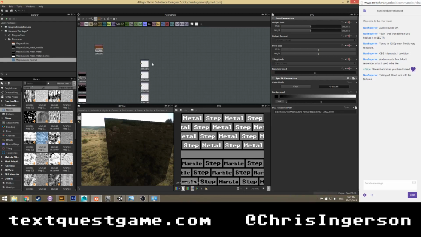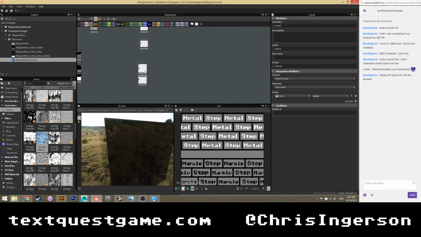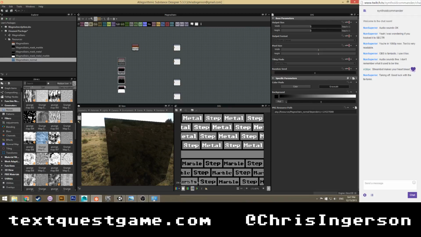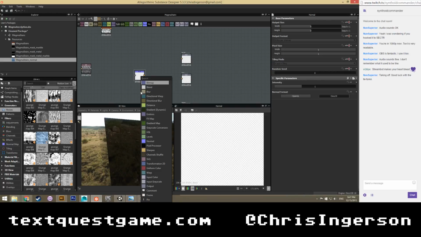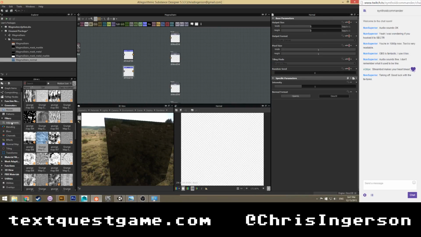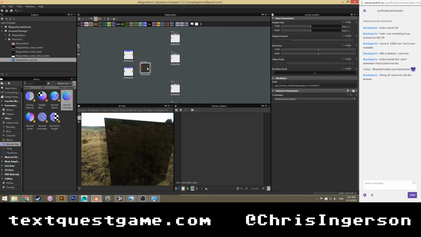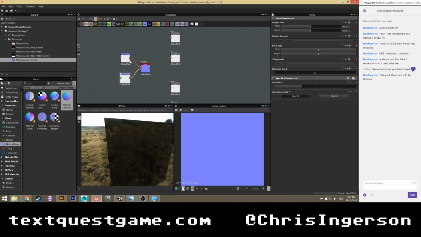Alright. So first up, let's space these guys out some. Because they're all going to be very different. Alright. Move our masks over to the left. Space them out. Move our color up here. Move our normal up here. Let's add 2 normals. Then of course we're going to go to our normal maps. Normal combine. Grab that. Move these guys into here. Move that into there. Go to OpenGL for both of these. Okay, right in there. Bam.